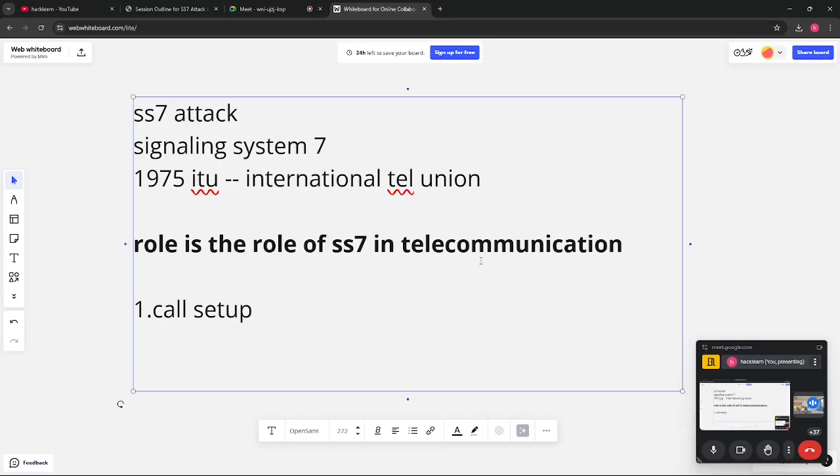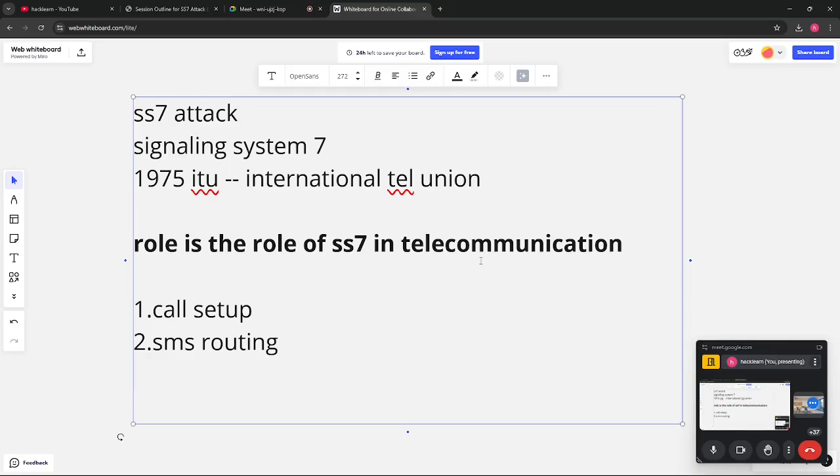After that, there is SMS routing. If a call is being made, then SMS is also handled by this. Even all the OTP interception and OTP bypassing is done by SS7 only, because all the OTP routing is handled by SS7.